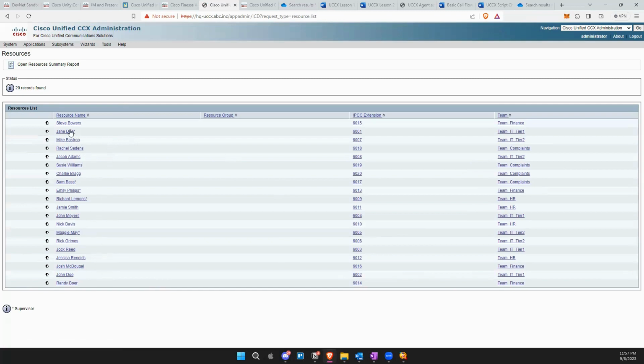So you can see we have Jane Doe. She has an extension 6001. So we can press that extension. Somebody in the company could say 6001 and get right to Jane Doe. Or, excuse me, when a call comes into the line for IT tier 1, it will trigger 6001 if she's available. So her phone will beep, and then she'll have to be like, oh, thank you for calling, woo woo woo,